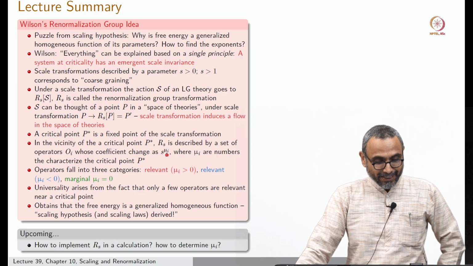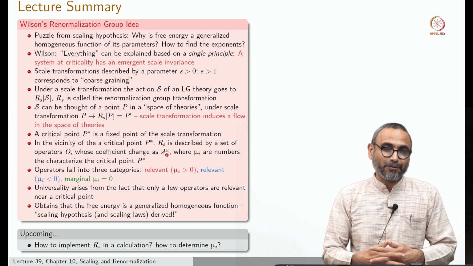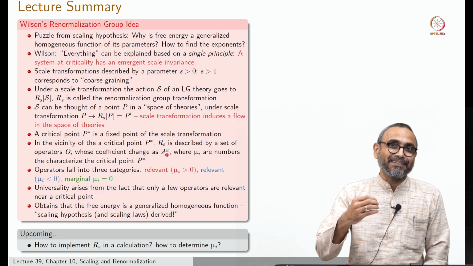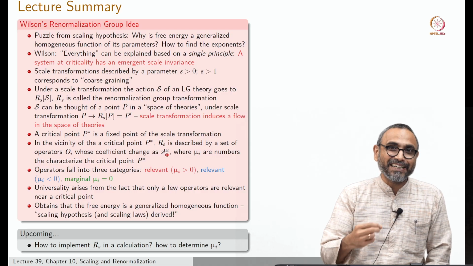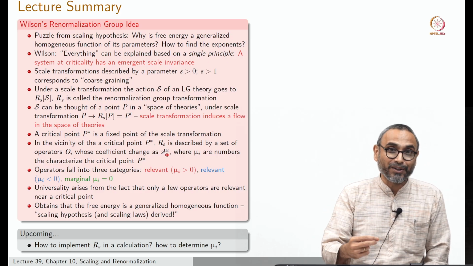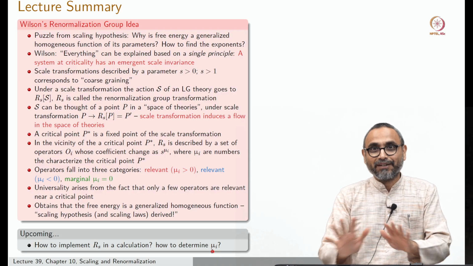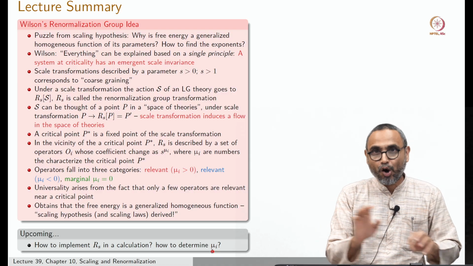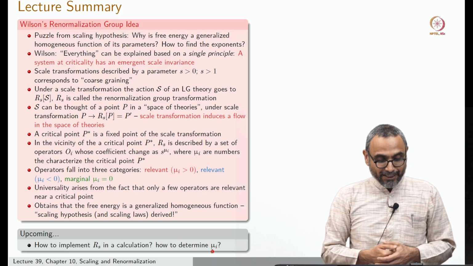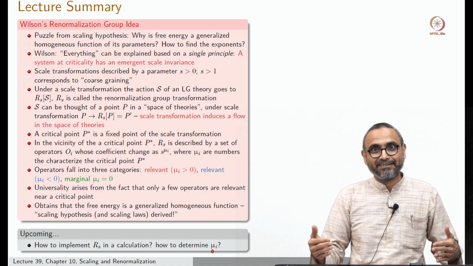Okay. So now we can pose what we need to do further very concretely. How do we find a real implementation of R_s that allows us to compute the values of these mu_i's? Remember, if we get the mu_i's, we have solved the problem, in the sense that we can get all other results in terms of mu_i. That's exactly what we have seen. So we need to find a way to implement R_s in various problems, right?